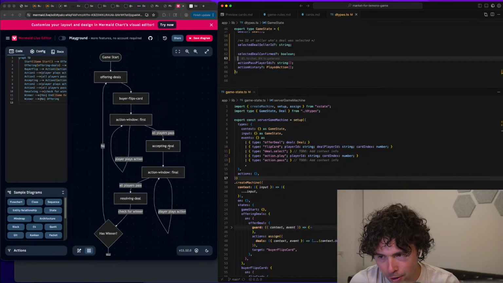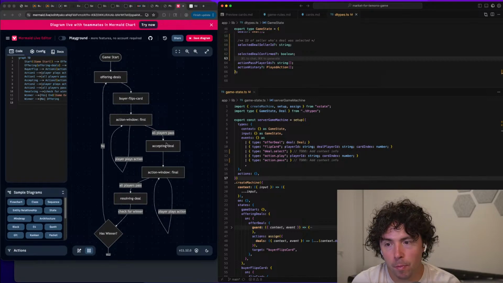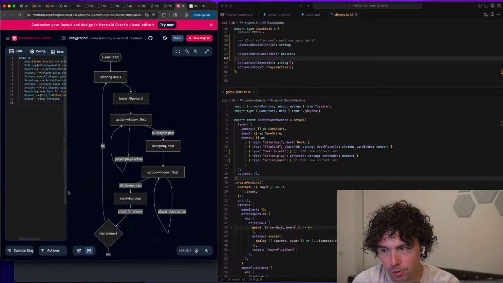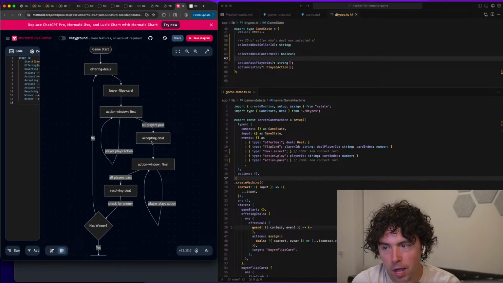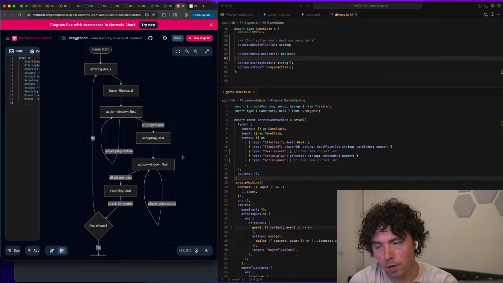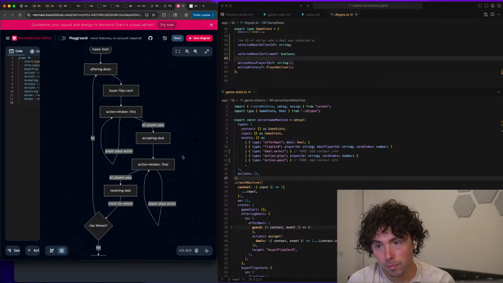Once the buyer has said they want to select a deal, then we basically need to get a pass or confirm or whatever from all the players confirming that they don't want to play any further actions. And then at that point, the deal is accepted and we can move on. If someone does play an action,